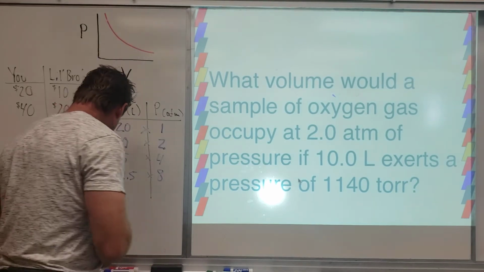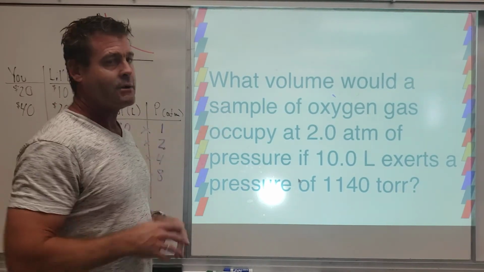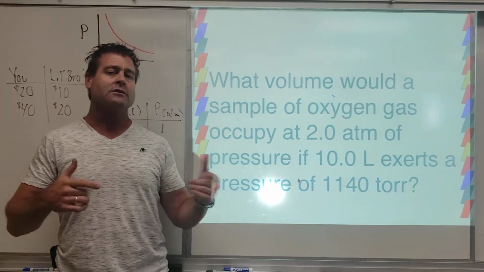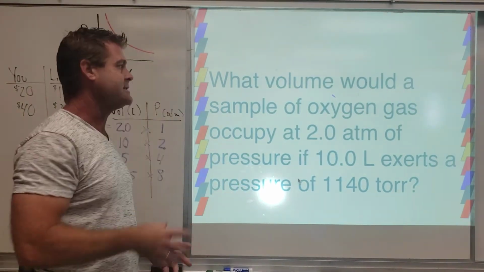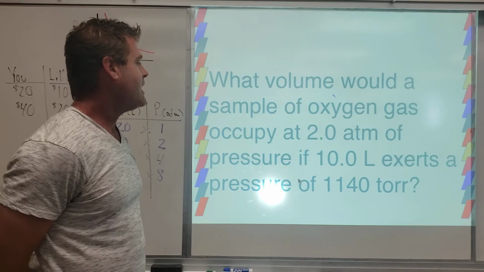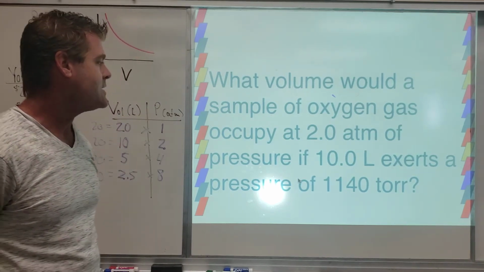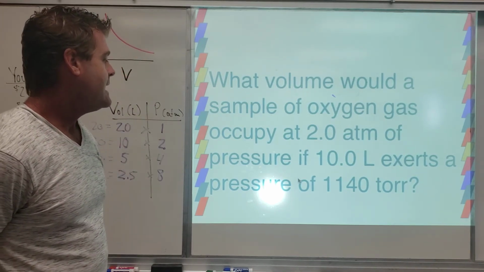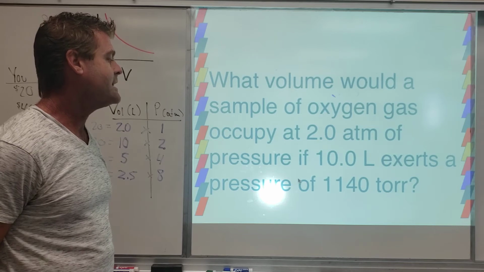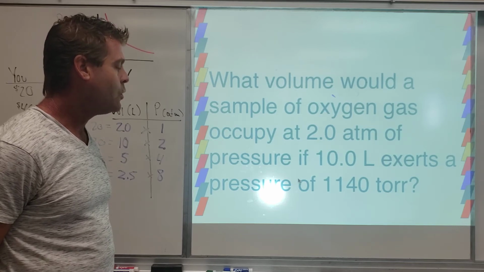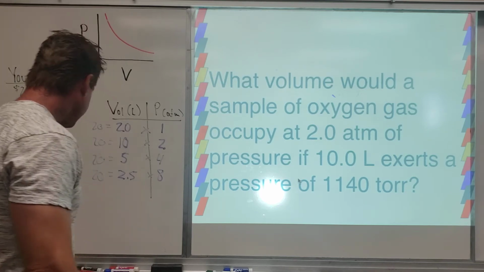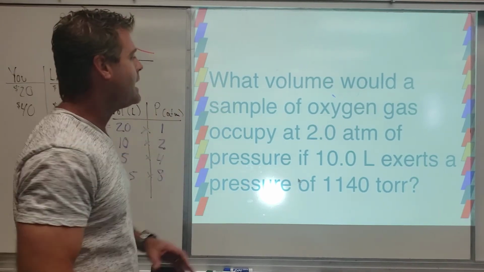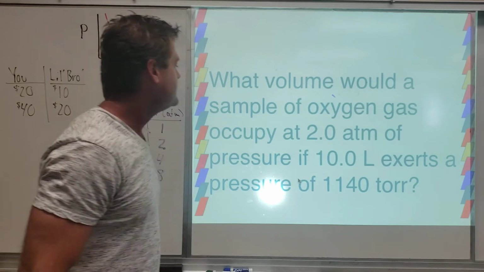Okay, you guys, we're going to finish with a problem. Write it down. It's always good to have a problem in your notes, so that if you get stuck on homework, you can look back at a sample problem and see how it's done. It says, what volume would a sample of oxygen gas occupy at 2 atmospheres of pressure if 10 liters exerts a pressure of 1,140 torr? Okay. So, once again, whenever you are looking at a problem,